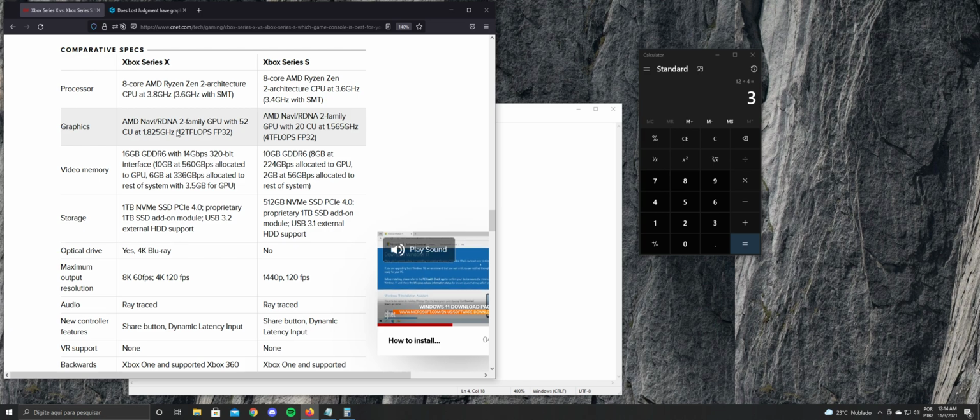Of course, it's almost half of the price of the Series X for a reason. And it's because, well, it will not run at the same resolution and frame rates and graphic settings as the Series X. But it just doesn't mean that the Series S will not last until the end of the generation. It will. And there's actually one more reason to show us that yes, Series S will hold up until the